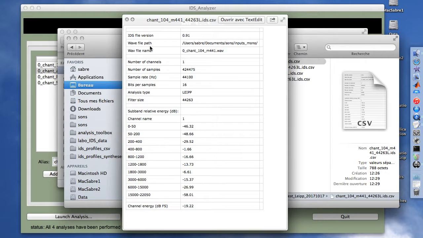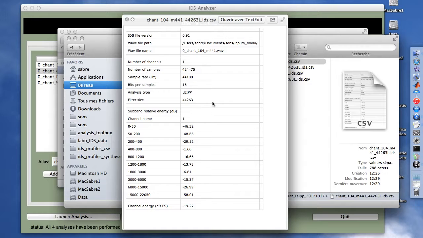the information about the file's location, the web file location that says path and the original name, and that this web file is a monophonic file. We've got the information about the samples number. We've got the sampling rate, which is 44.1 kHz. We've got the dynamic in bits, we see that LEP frequency mapping has been used for the analysis using a filter size of